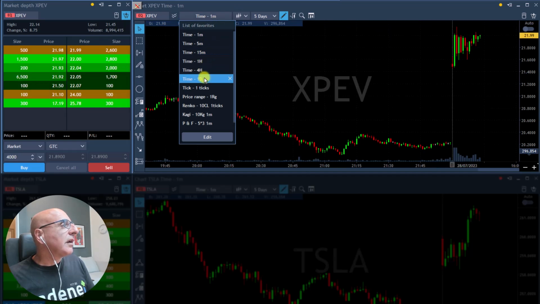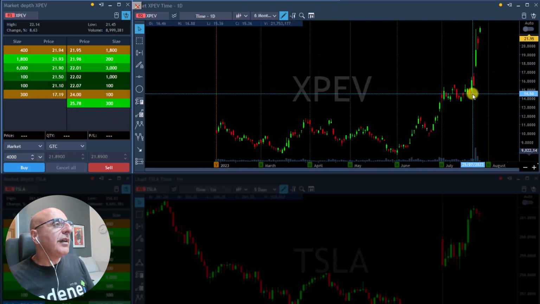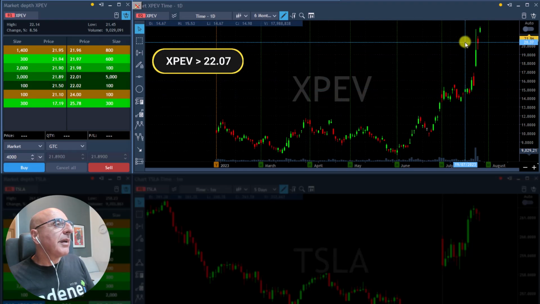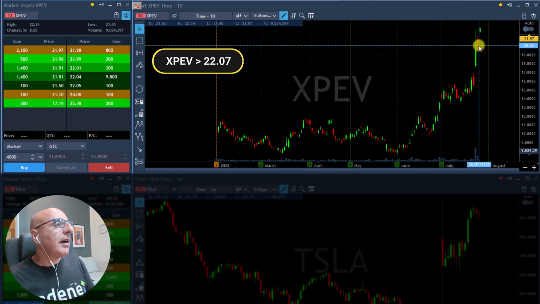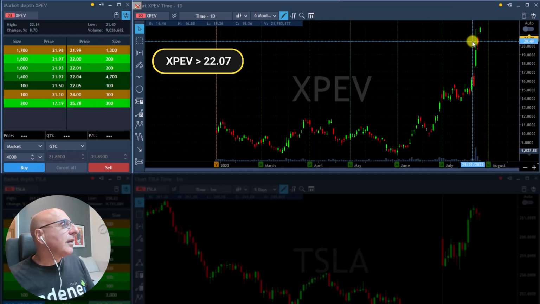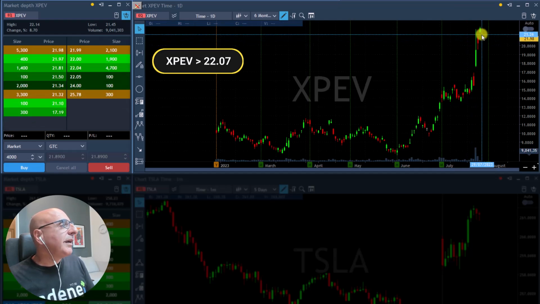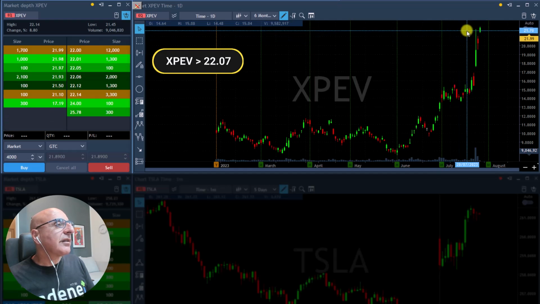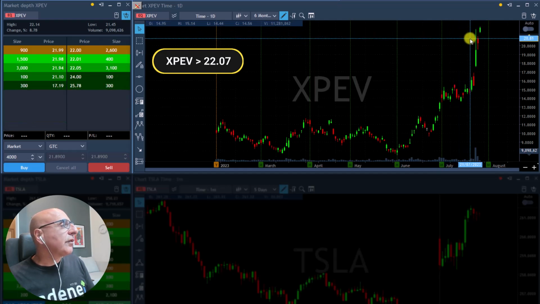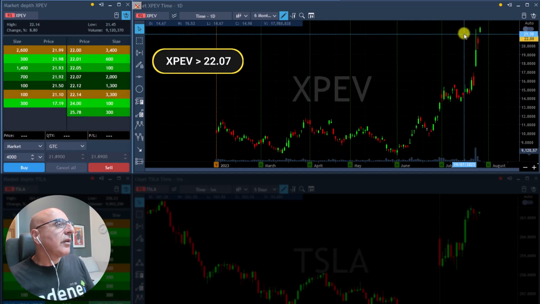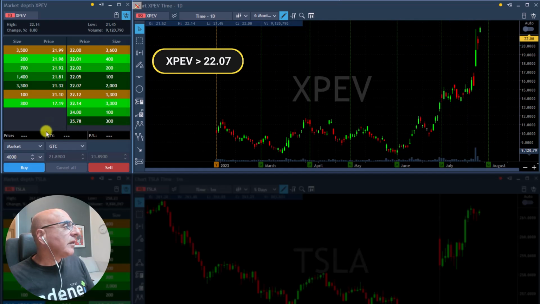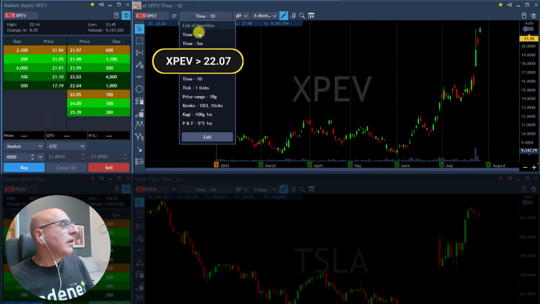Let's take another look here. See the daily of XPEV? It recently spiked up like crazy, and a small pullback at the highs, which was yesterday, and a continuation today. So this could be a very interesting short squeeze. There should be a lot of short sellers who moved in yesterday. So if it's going to move over, it could create an interesting short squeeze.